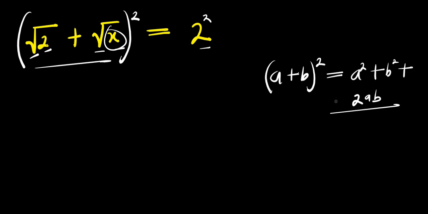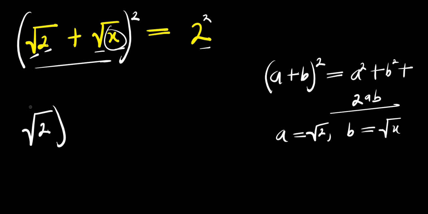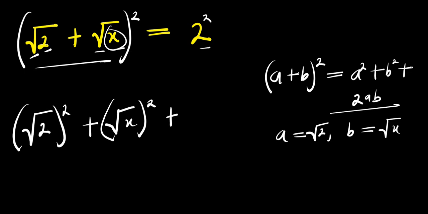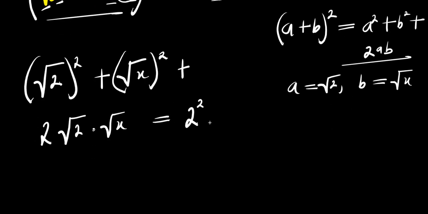Now our a is root 2 and b is root x. So we have a squared, that is root 2 power 2, plus b squared, root x power 2, plus 2 times root 2 times root x. Then this equals 2 squared. So from here,